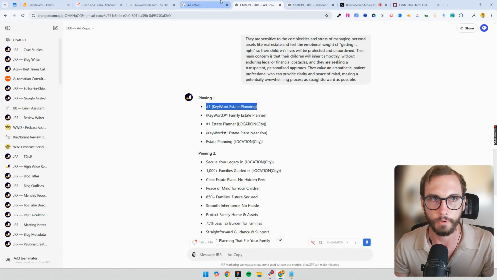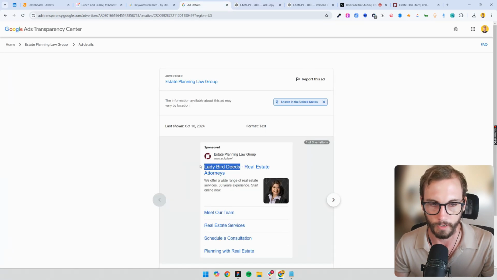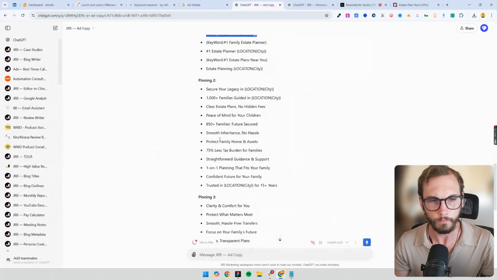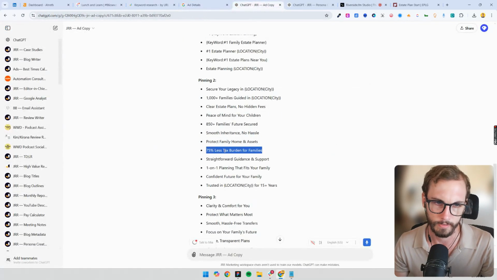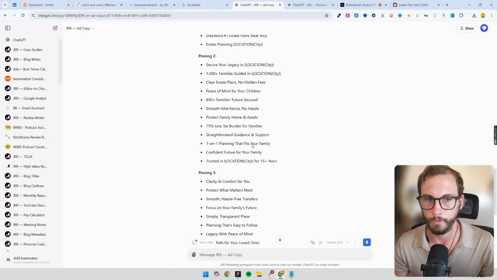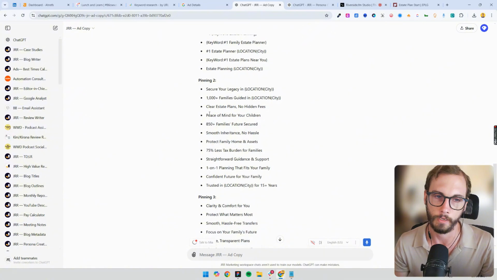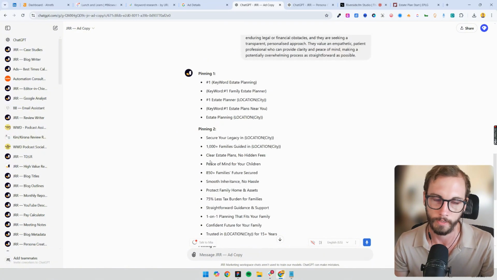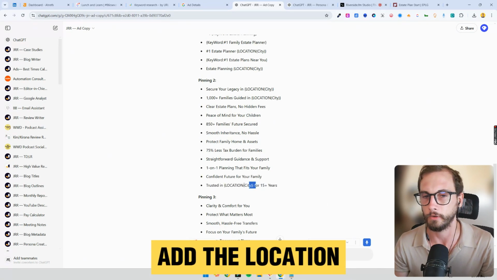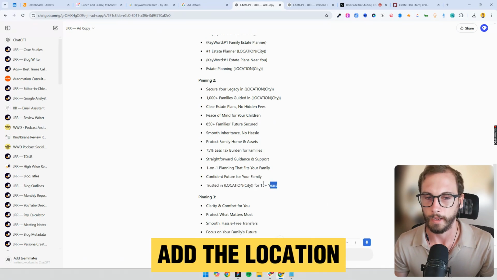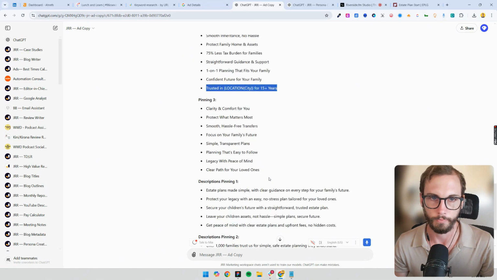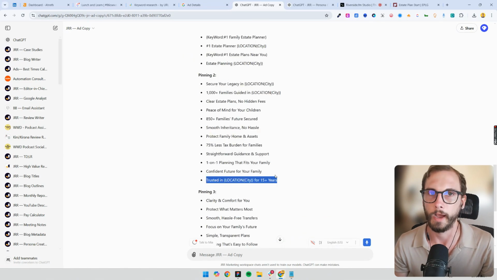And then the second pinning, so you put that in the first pinning here. And then in the second pinning for the second headline, you'd probably do something, again, something like these. There are third pinnings in here that you could try, but they're shown less frequently than the other first pinnings, like headline 1 and headline 2 get shown the most. So I would do something like that, but definitely add the location where you can and add numbers where you can. Clever numbers, different variations, and you can play with ChatGPT around that as I've shown you now.